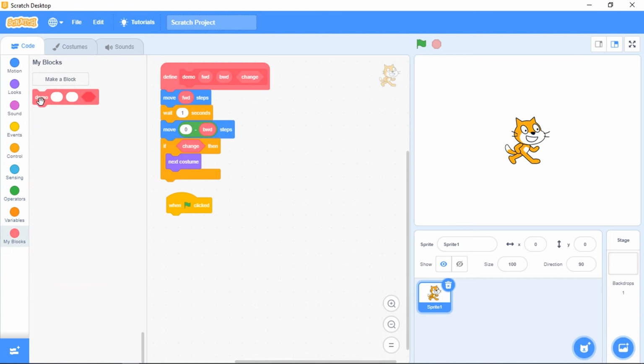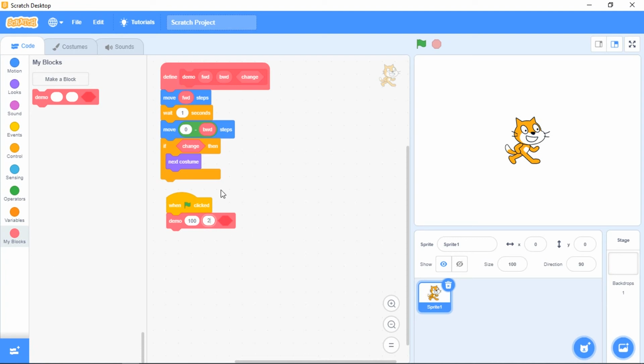Drag and drop the green flag, and drag and drop the My Block where we are going to pass the actual values. So forward, make it 100 steps, move back 2 steps, backward 2 steps.